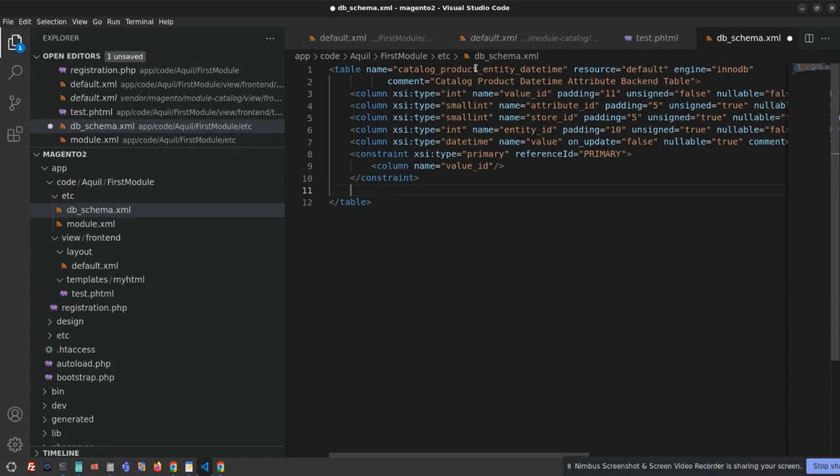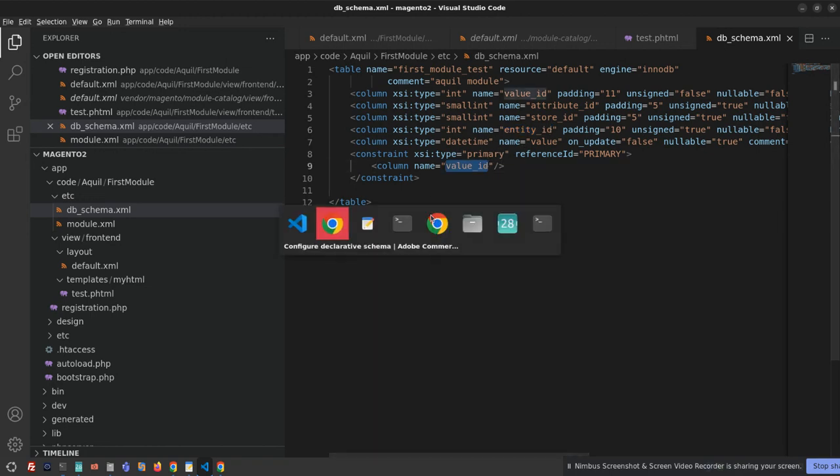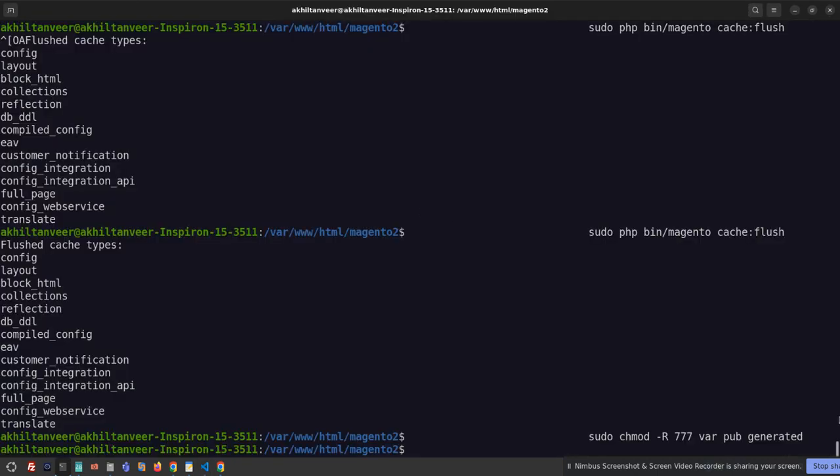I'm going to change the table name to first module test, and comment. It's going to create the columns value id, attribute id, store id, entity id, and the primary key is the value id. So as soon as I do a setup upgrade,